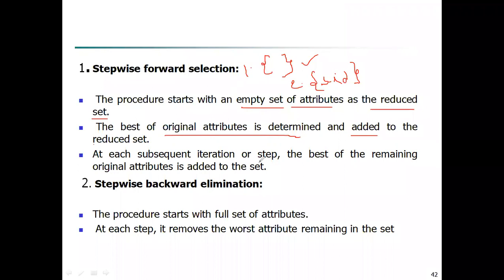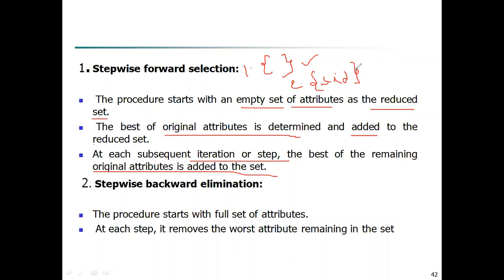Clear? And in the same fashion, at each subsequent iteration or step, the best of the remaining original attributes is added to the set. After this, step 3, add one more attribute, whichever you need after the SID. After the SID, I may need the total marks.